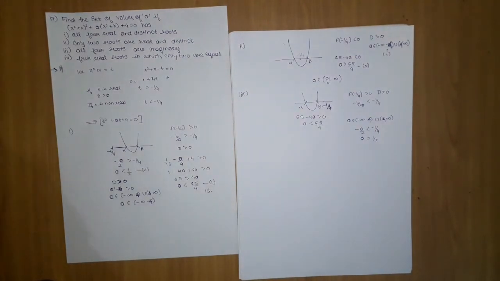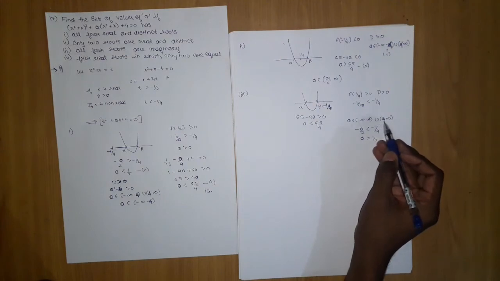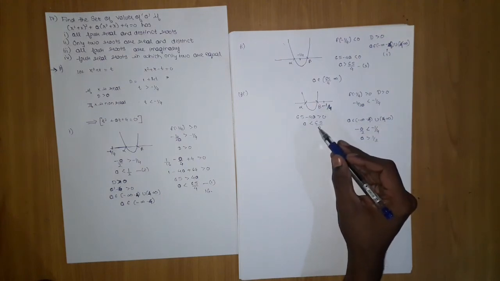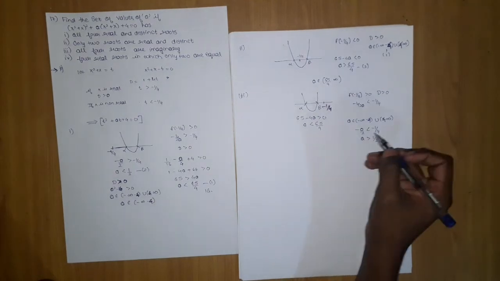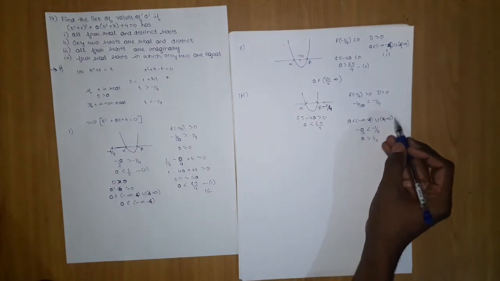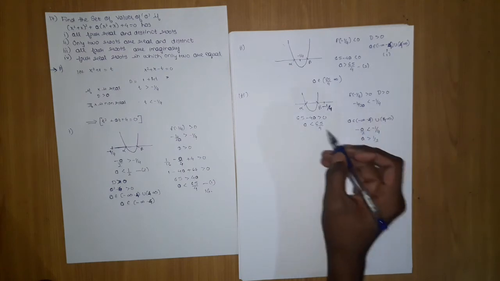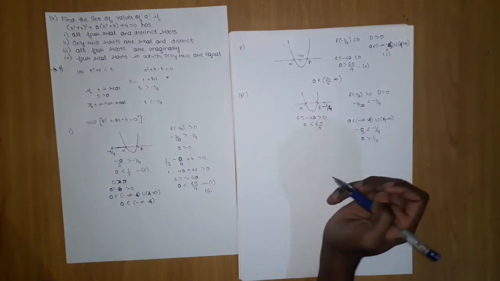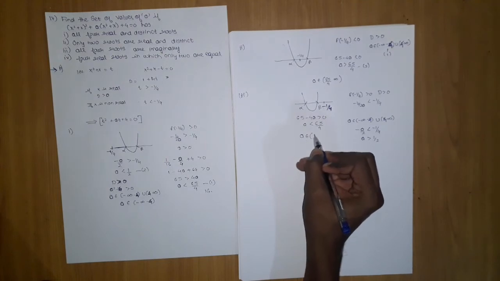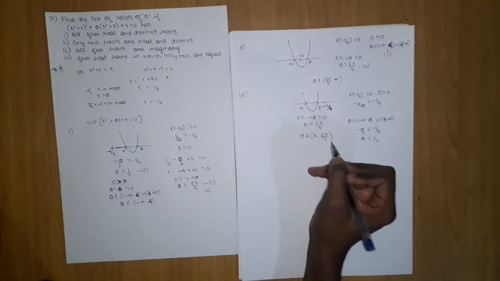So what will we do? Think. We want all roots to be non-real. They should not exist. How can this be possible? It will only be possible if greater than 1 by 2 intersection 4 is greater than this, but it should be less than this. So we know 4 to infinity will be considered, but it should be less than 65 by 4. Okay, so a should belong from 4 to 65 by 4.